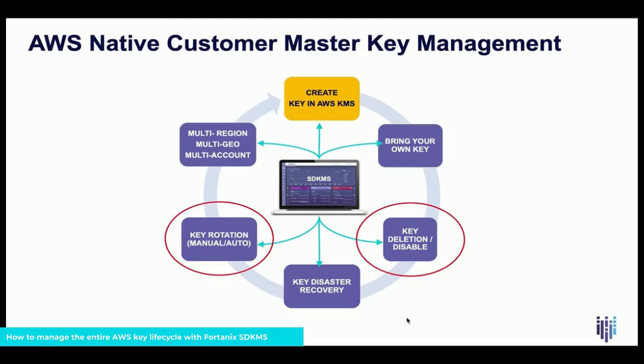These two you get. However, the key disaster recovery and the multi-region, multi-geo management you don't get, because that doesn't come